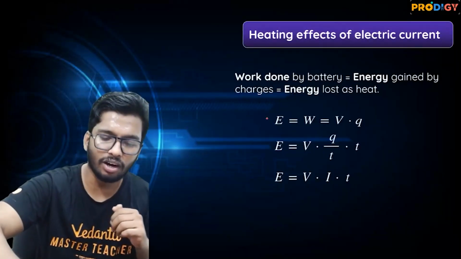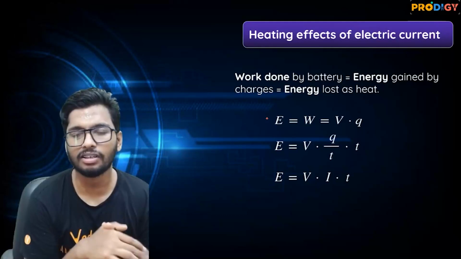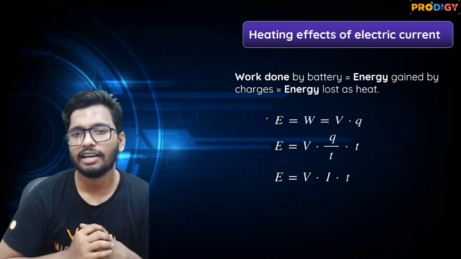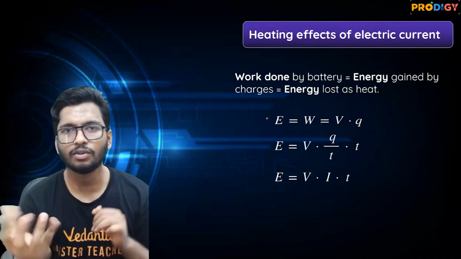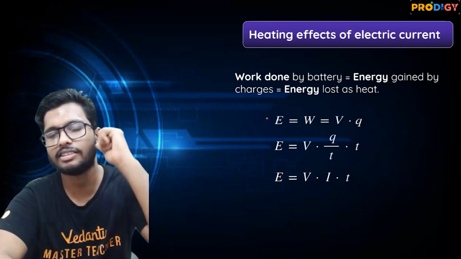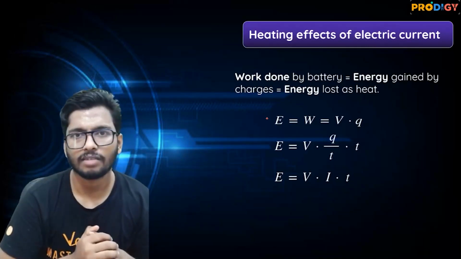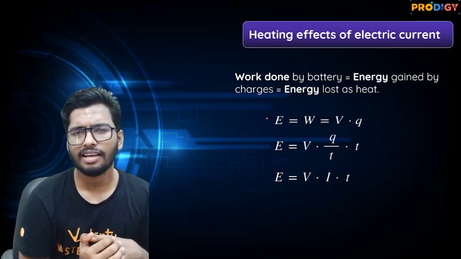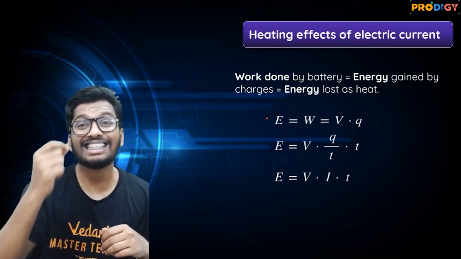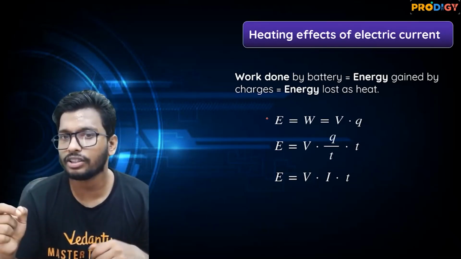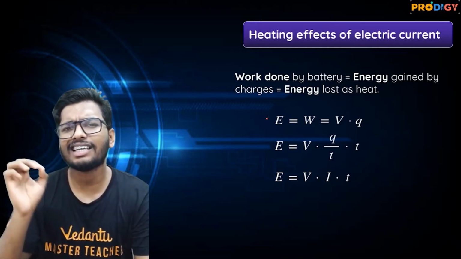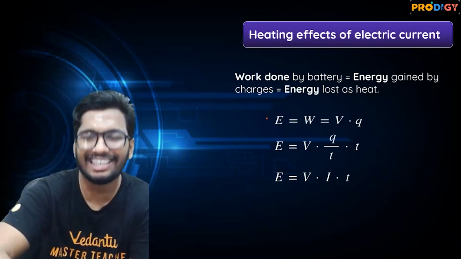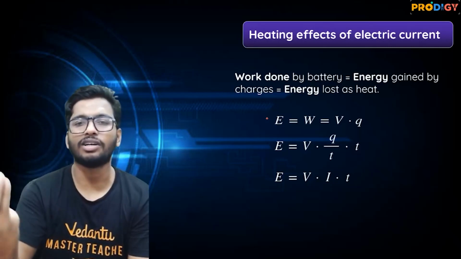All right. So anyways, guys, moving on to the next thing that we studied in this chapter, the heating effect of electric current. What is the heating effect of electric current? See, guys, when current is flowing through a conductor, because of resistance, some amount of electrical energy is lost. The electrons will collide with other electrons or other atoms and lose some energy. This loss of energy is in the form of heat. So the heating effect of electric current is nothing but the heat generated because of the flow of current through a conductor.